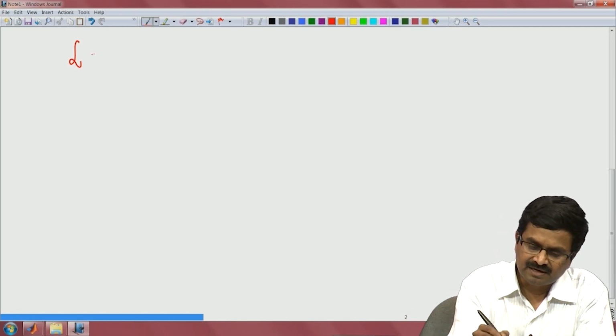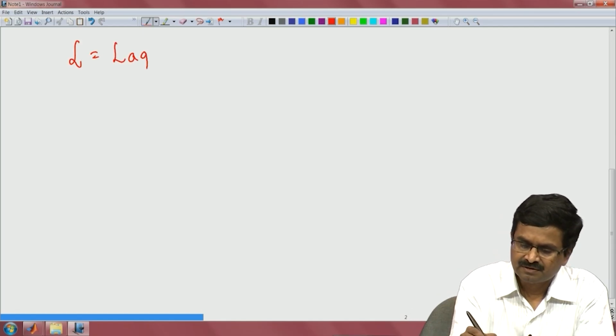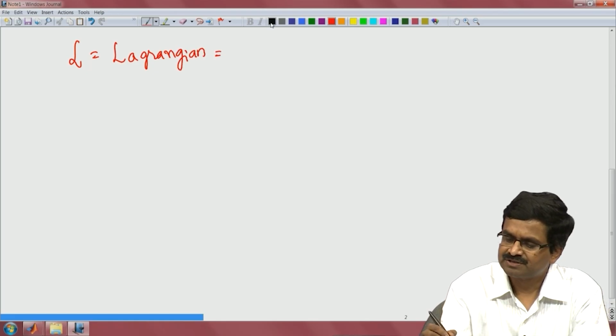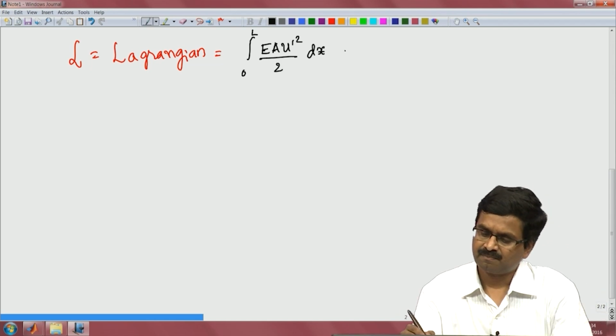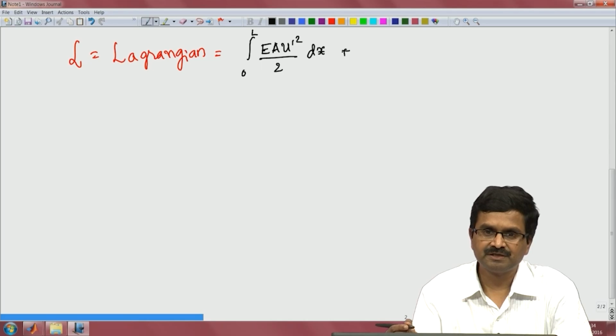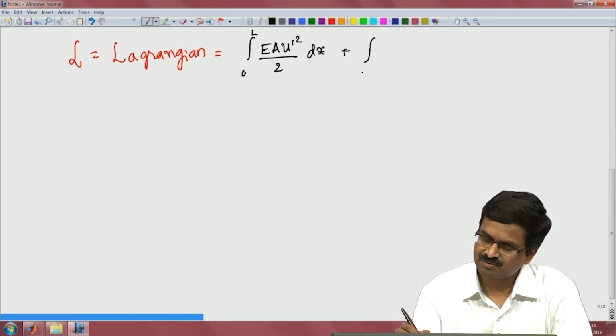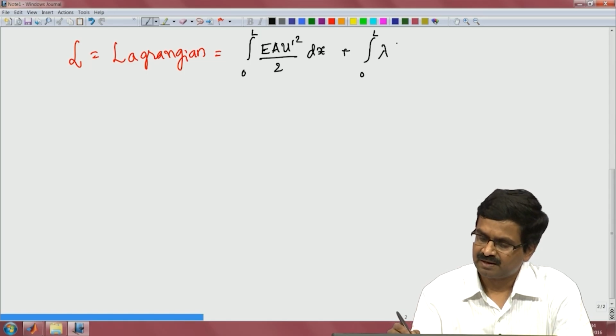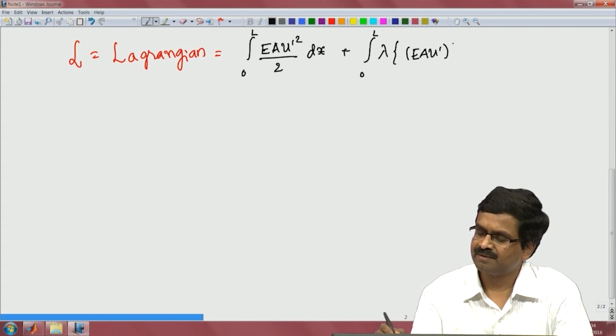So, the Lagrangian for this problem is the objective function, the integral from 0 to L of E A u prime square by 2 dx, plus we have the governing differential equation, which is a function type constraint, which has to be integrated from 0 to L, multiplied by lambda times the governing differential equation itself, which is E A u prime prime plus P dx,